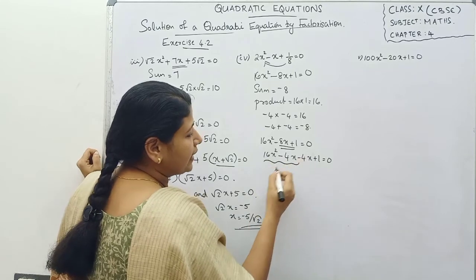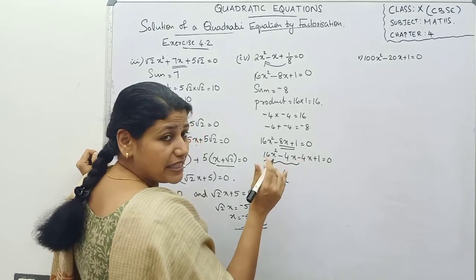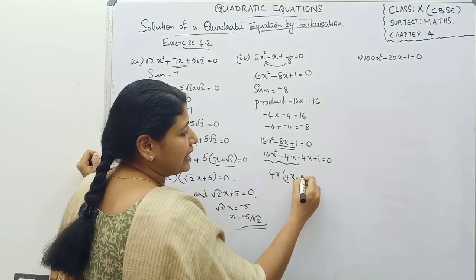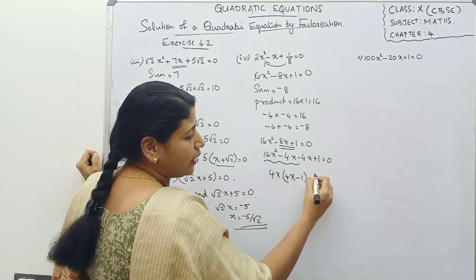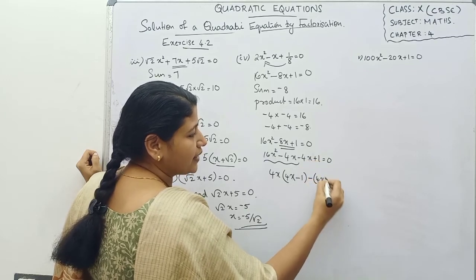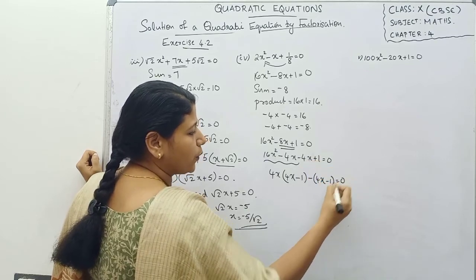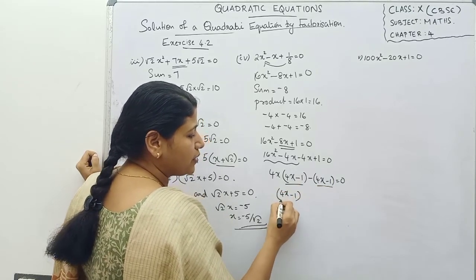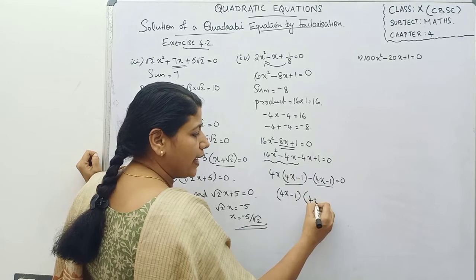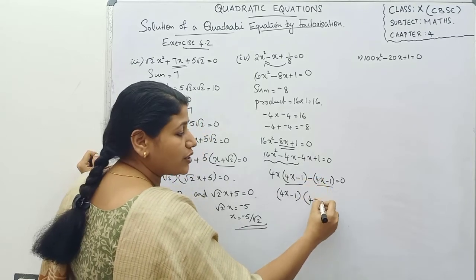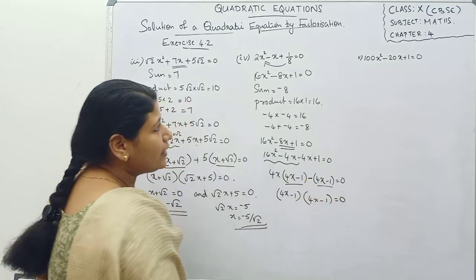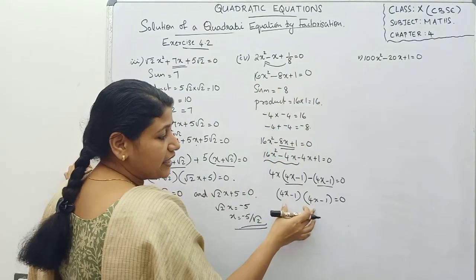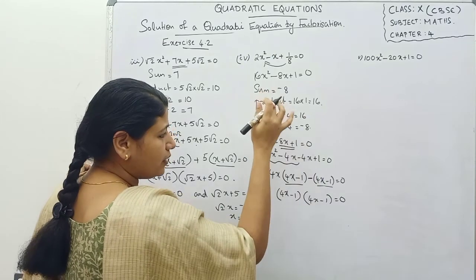Now I am taking 4x from the first two terms. You will get here 4x. 4 into 4 is 16x square. Minus 1 here. Take negative 1 outside, then you will get here it is 4x minus 1, which is equal to 0. So this is the common factor here. 4x minus 1 can be taken outside and here 4x is there and the remaining number is 1 minus 1 equal to 0. Or we can find that this is 4x minus 1 whole square. The identity a minus b whole square is used here.